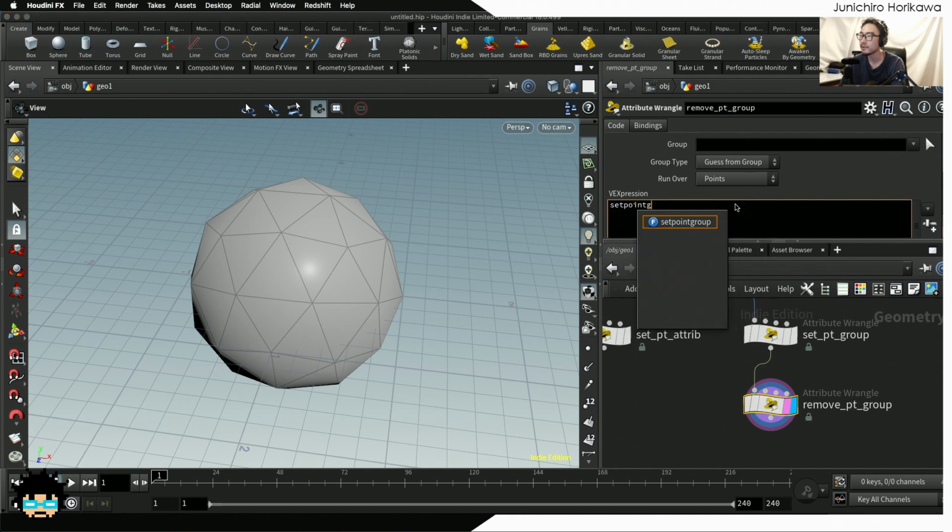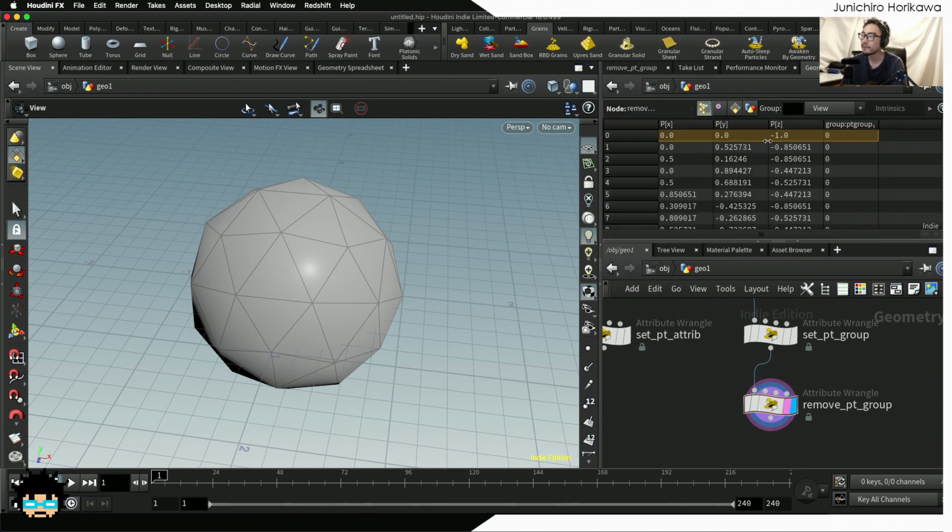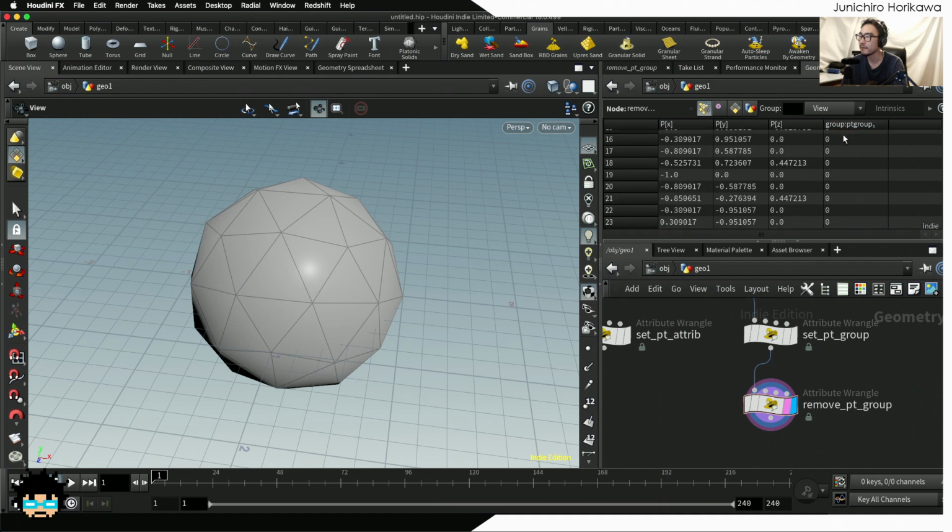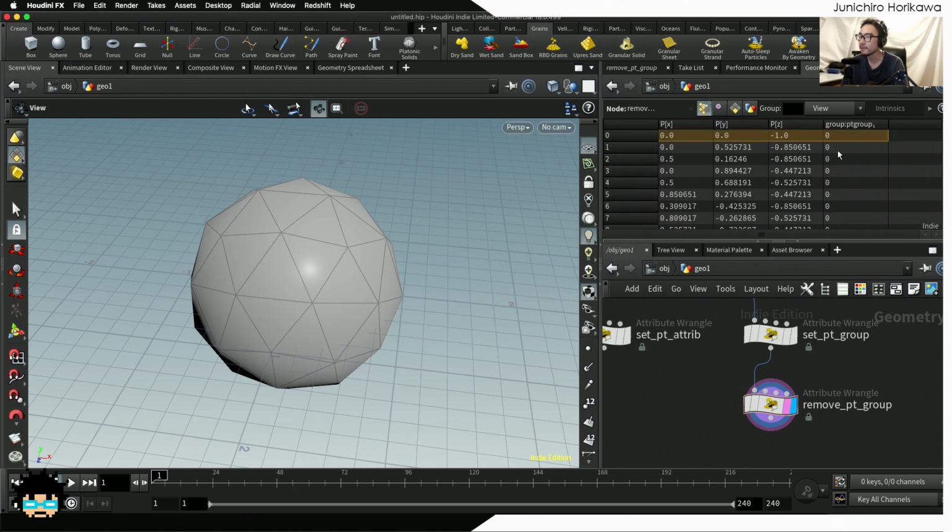So setpointgroup, the name was pt_group, and if we want to deal with all the points, use @ptnum and set it as 0. Then if you go back to the point wrangle, you see that you still have the pt_group column, but all the values for this column for every point are turned into 0,